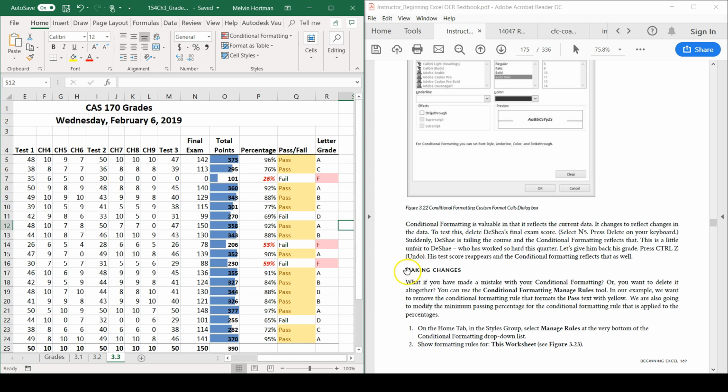For example, in our textbook, we can see a making changes section. This goes over how we can make changes to conditional formatting. So we're going to make two changes here. First, we're going to get rid of this yellow highlight rule, which seems pretty stupid. And then we're going to update our percentage conditional formatting rule to show red and bold and italicized values under